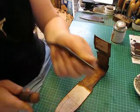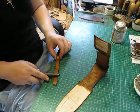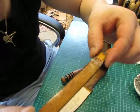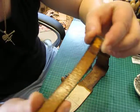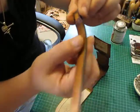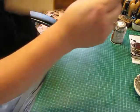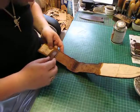Look, I'm after, see how shiny and slick it is? That's what you want. It'll be the same for the inside. If you buy good decent leather, these type of things shouldn't be a problem. You see how slick that is now inside? It's lovely and soft, and that's because I've created enough heat to bond those fibres together, and that'll stay lovely. I will apply a different finish on the inside to these straps, I always do, but for now, right, make sure I put this on the right way, then we'll go to the old smooth faced hammer,